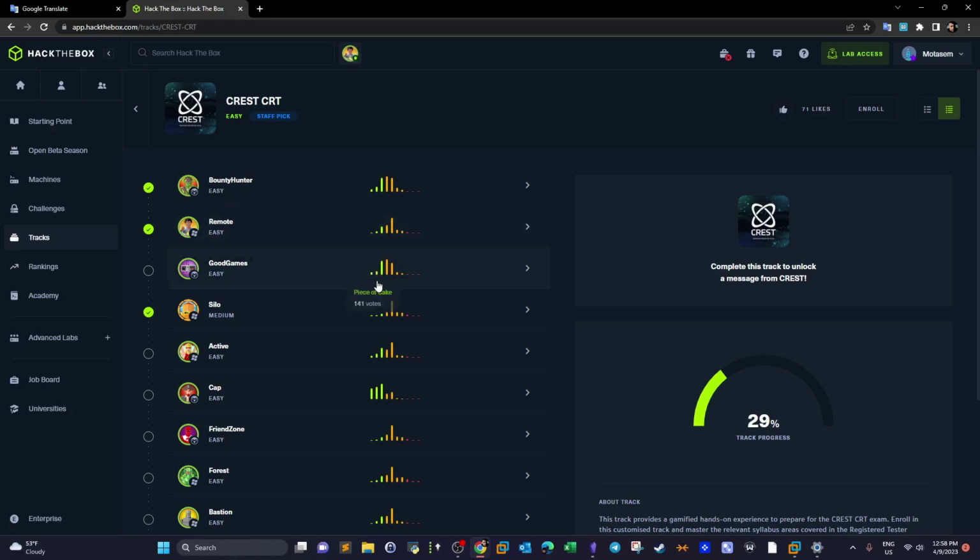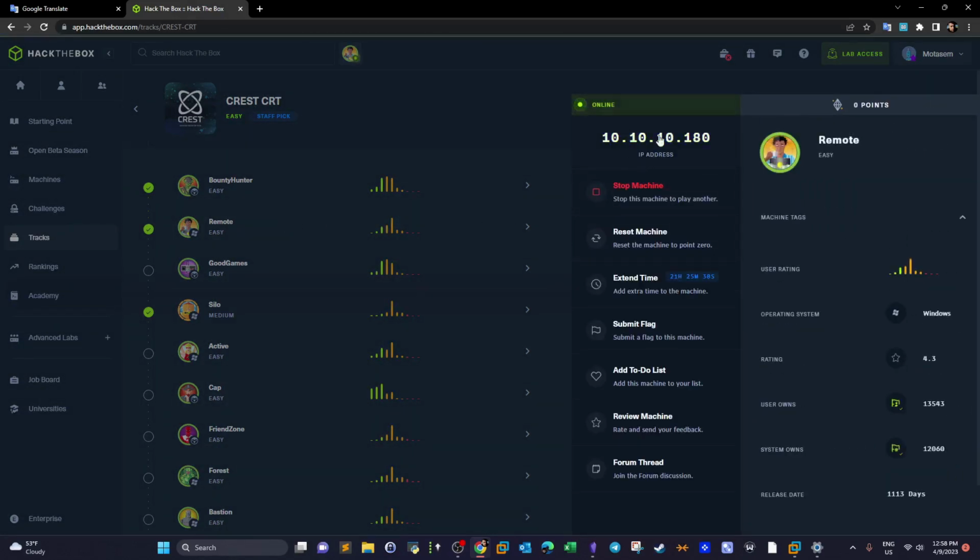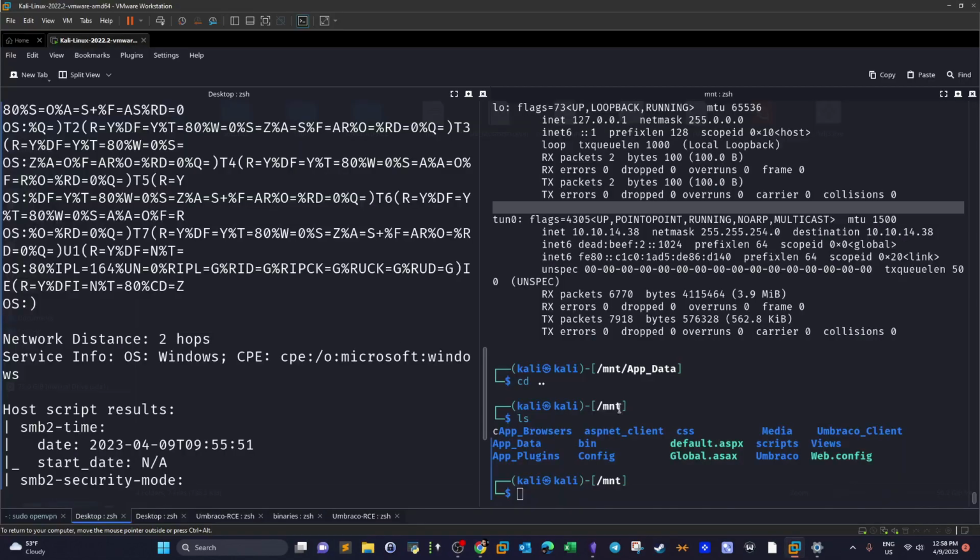And again, today we are doing the CREST CRT track in HackTheBox. Today's machine will be Remote, and Remote is actually an easy machine, but at the same time there are multiple ways to achieve root. We're going to practically demonstrate one of them, and theoretically go over the other ways to achieve root. So going ahead, spawning the machine, we are given the IP address, and we start off with the nmap